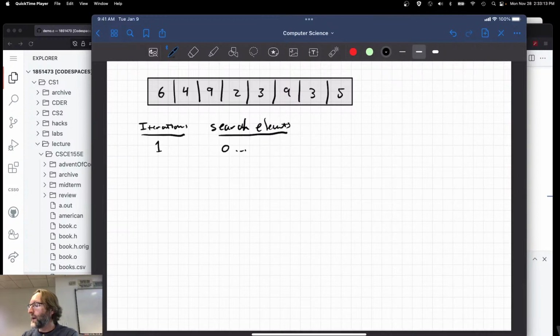indexed 0 up to n minus 1. I'm keeping it general here, right? This is 0, 1, 2, ... This is n minus 1. Now, obviously, that's going to be 7 because n is 8 in this case, but I want to generalize this algorithm so that we can actually implement it, okay? We're going to search these elements for the minimum, right? And then place it